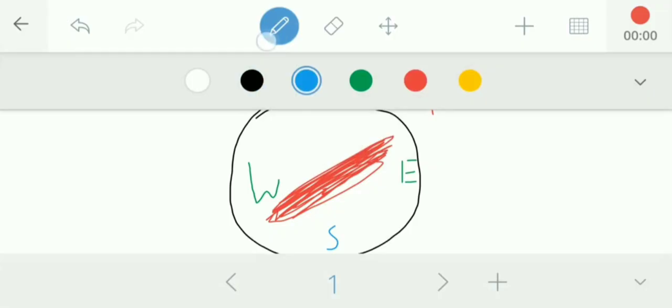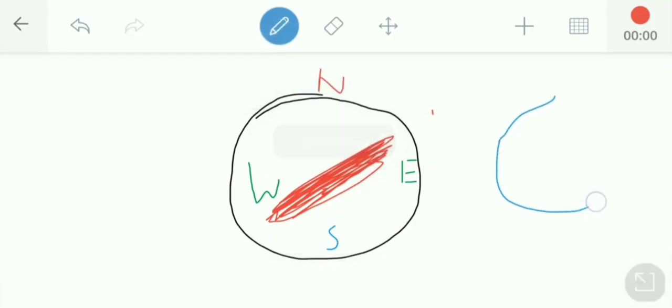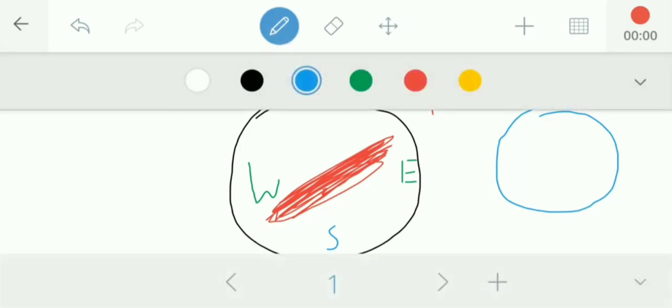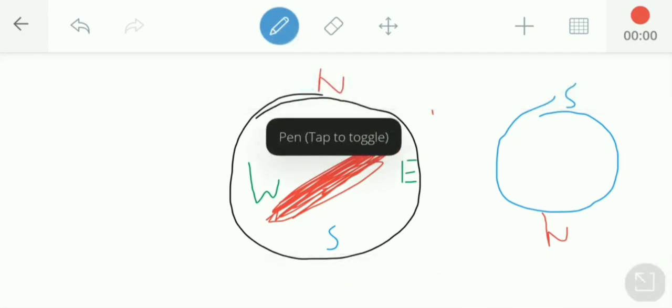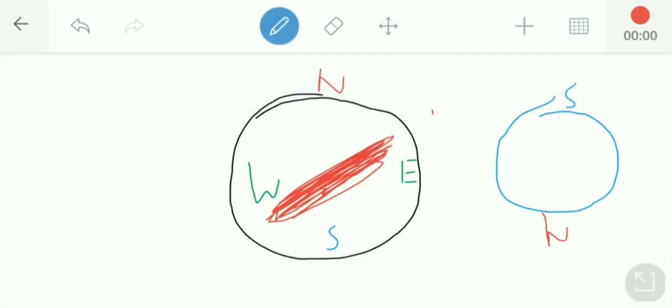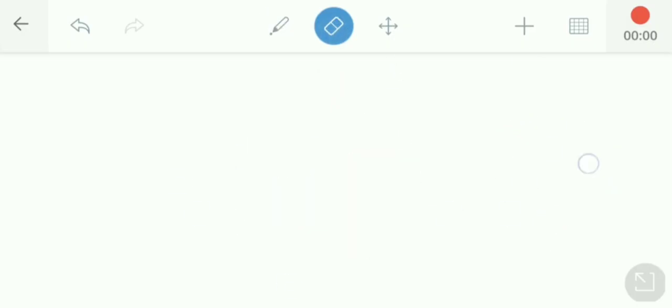Okay, let me show you. This is how it looks. Let it be earth, and here it's the south pole. We usually take it as north pole geographically, but magnetically it is south pole, and this one is the north pole. So when we use this compass, this needle moves this side, because the south pole is above, because north and south attract, and south and north attract. I think you would have understood this. Okay, so let's continue to the next page.